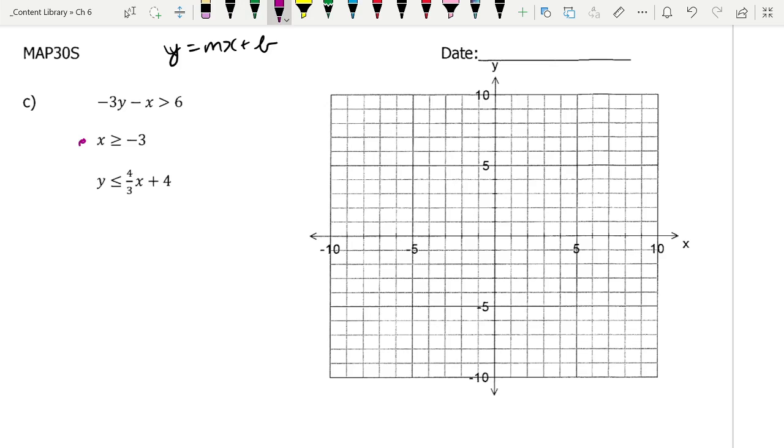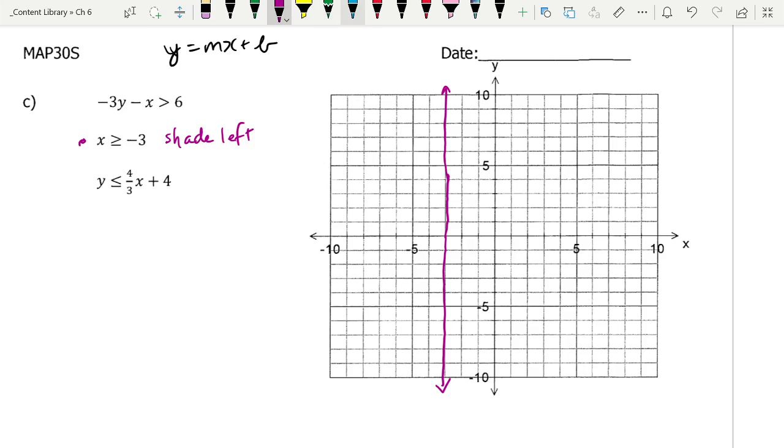So x is greater than or equal to -3. So that is the vertical line, and I have to draw this really carefully. This is the vertical line that goes through when x is -3. And I want greater than. X is greater than -3. So that's everything shaded to the left. So I'm going to write down shade left. You with me so far? Okay, now